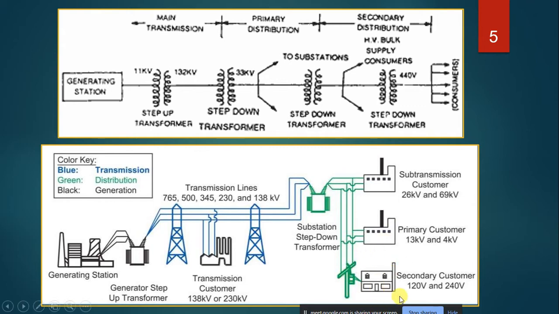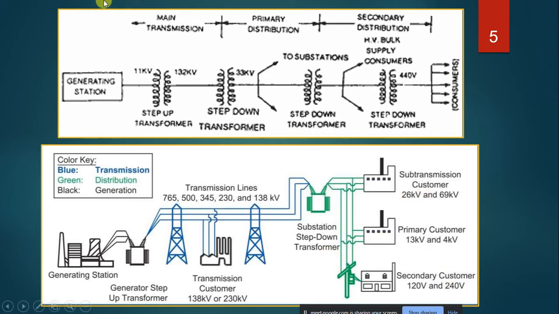Similarly, we belong to the secondary customer, which requires only a single phase, right? There they require 3 phases. You can see 3 lines, 3 phases. Phase to phase voltage will be 440, phase to neutral voltage will be 230. The neutral line is not being given here, so you can take a common neutral.